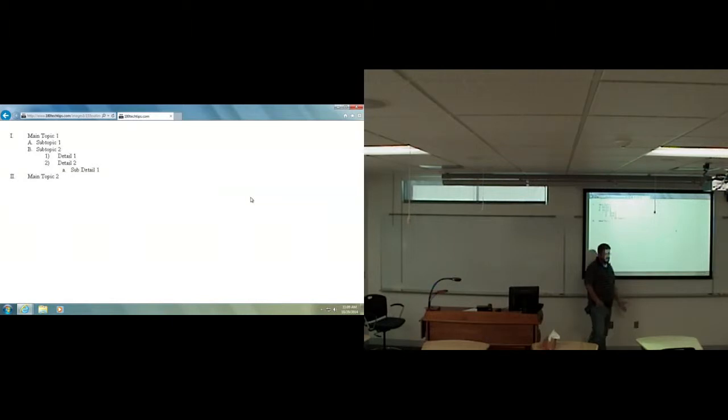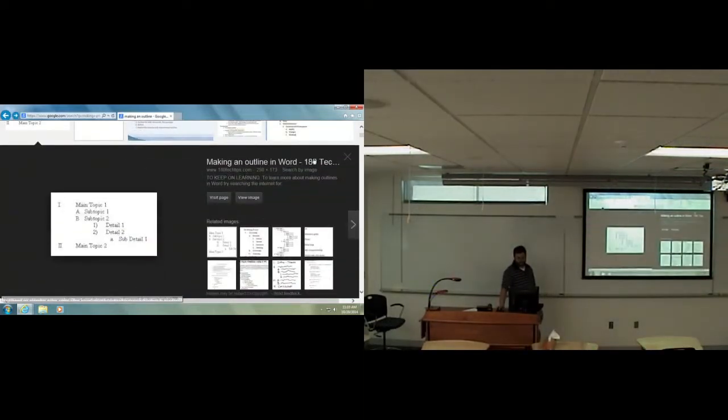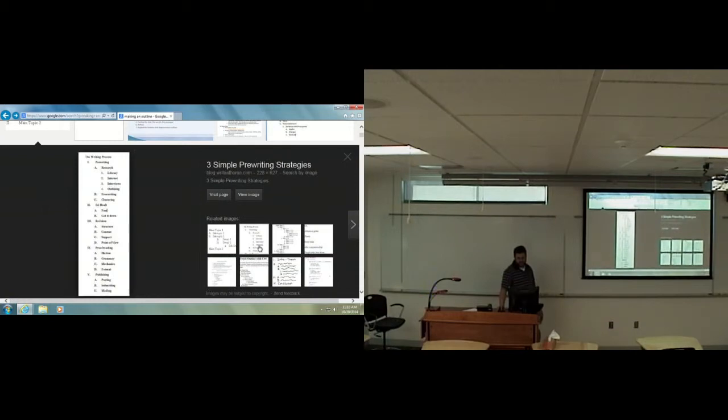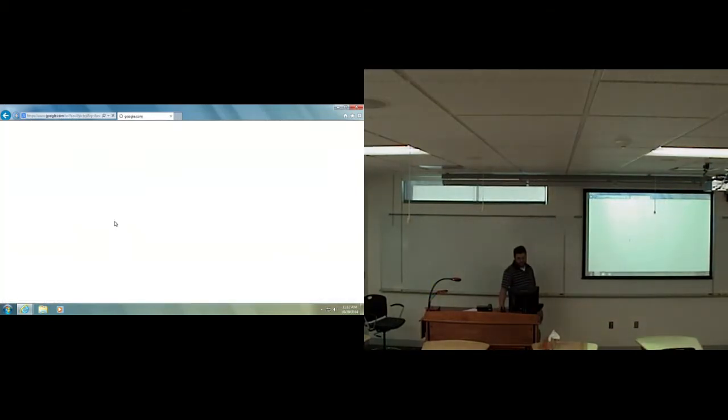And this is a great way to outline. This is often the method that I use for outlining, and a lot of people use it. So it's not a bad idea. There are many examples of this that you'll find online. For example,